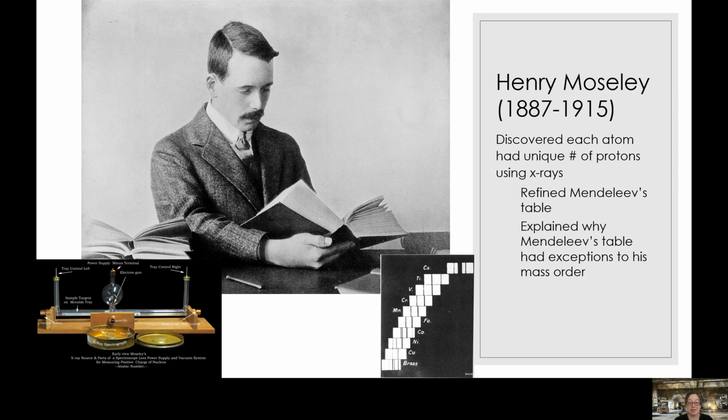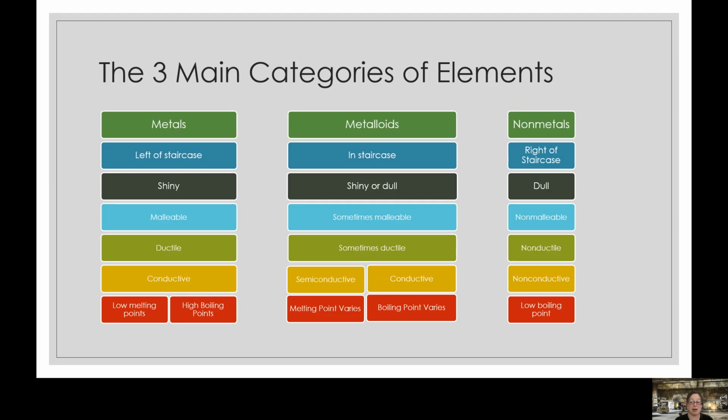Okay, and then the last thing is that we know there are 3 main categories of elements: metals, metalloids, and nonmetals. This first thing where it says staircase, right underneath the title of the elements categories, we're going to see what that staircase is at the end of this week, but not right now. So just know that metals are left of your staircase, metalloids are the staircase, and the nonmetals are right of the staircase. If you ever see a color picture of the periodic table, you're going to immediately recognize what that staircase is.